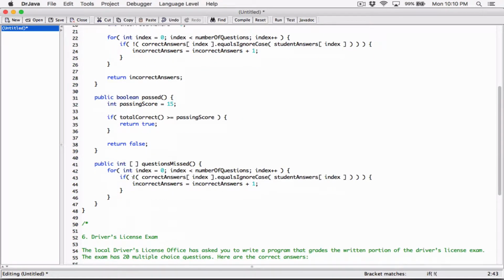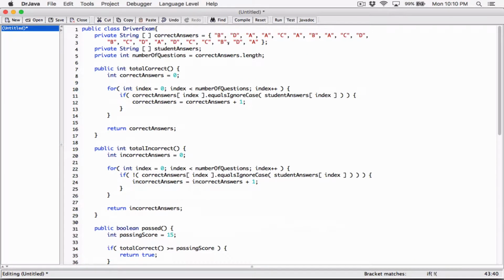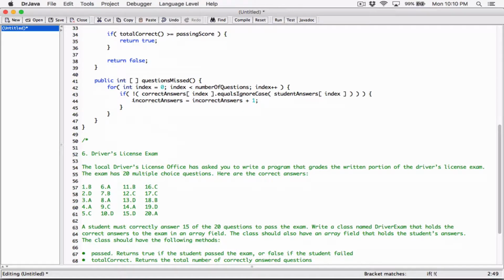Okay, so if there's no match, we know the particular index we're working with. But then it's always plus 1, because if we're dealing with, let's say, index 0, we're actually dealing with the first question. If you're dealing with index 1, we're dealing with the second question, so it's always plus 1. And so if that's the case, let's remove this. If we know that they didn't have a match here, the answers don't match, then